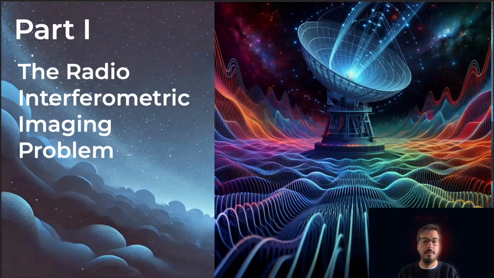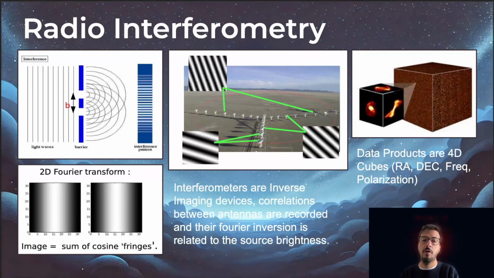First of all, let's dive a bit into radio interferometry and understand what this imaging problem is. Radio interferometers are inverse imaging devices. Basically, they record the correlations between the antennas, which are known as visibilities, and they are related through the Fourier transform to the distribution of the sky brightness. Interferometers do not observe at a single frequency, but usually in a frequency bandwidth, and thus their data product is not an image but a cube containing an image of the sky for each of the